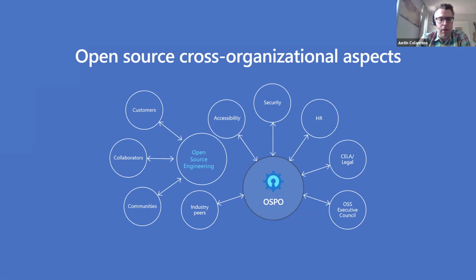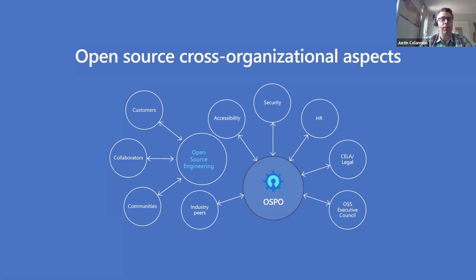So focusing on our open source programs office for a second, what this really did was they would go out and interface with the various teams who have a stake in the open source ecosystem at Microsoft. So there's the legal side. We're going to be focusing a lot on this arrow today between the legal and OSPO. But you also think about the accessibility features that you need to build in sometimes. Software supply chain security is a big talking point now, but it's something that the OSPO has always been working on as well.